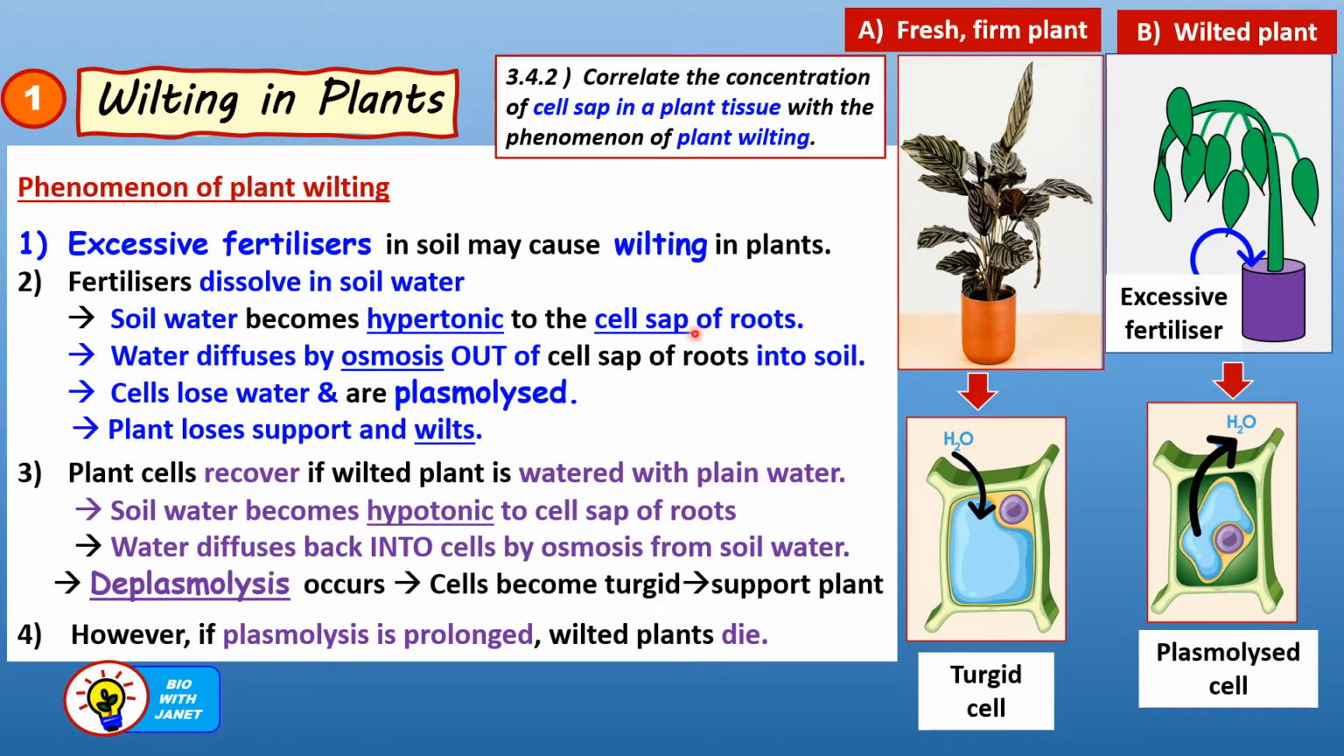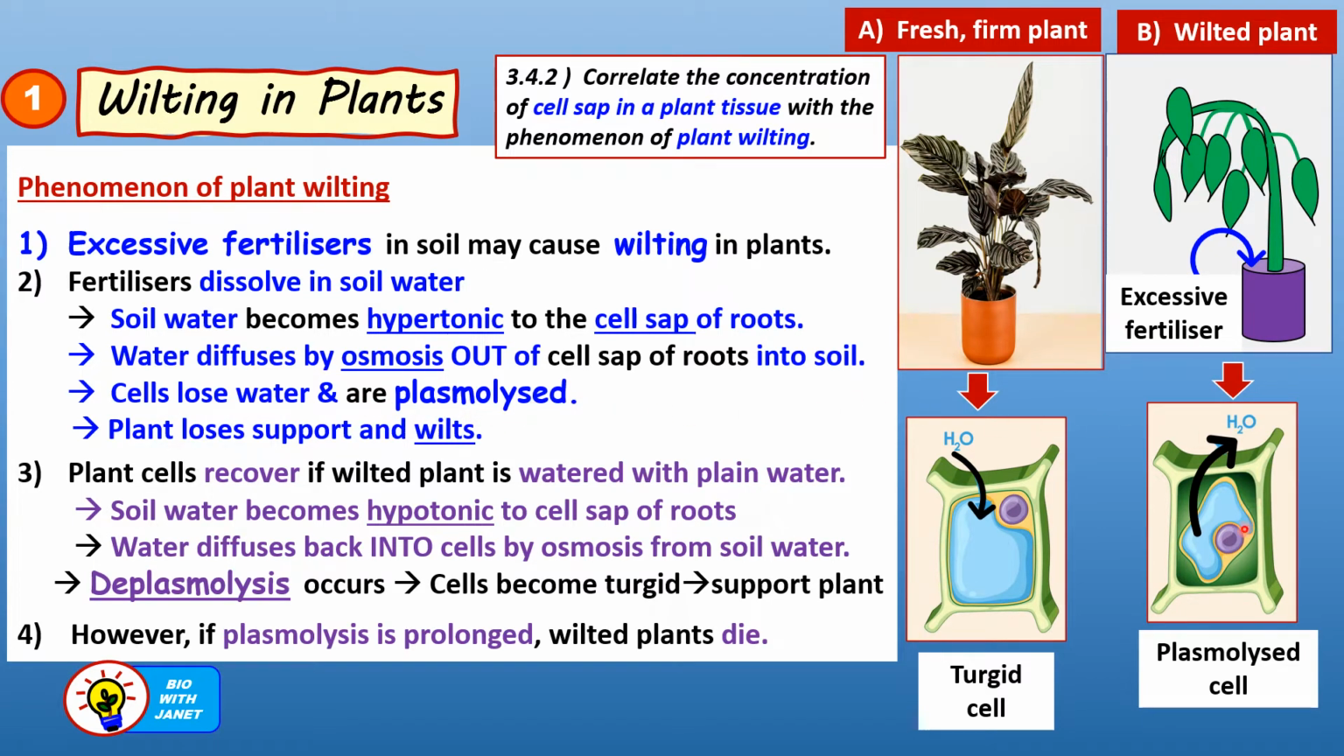Okay, that means the cell sap of the roots is hypotonic, more dilute than the soil water, right? Then water will always diffuse from the hypotonic solution into the hypertonic solution. Okay, so water diffuses out by osmosis out of the cell sap of the roots into the soil, right? And the cells lose water, so they become plasmolysed. Now, what is the